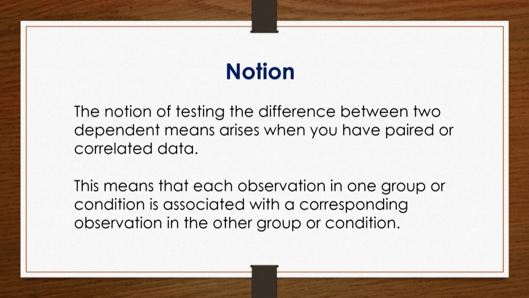In many situations, we have two types of data. One is paired, another is unpaired. In this notion, we are going to see only the paired t-test. This means that each observation in one group or condition is associated with a corresponding observation in the other group